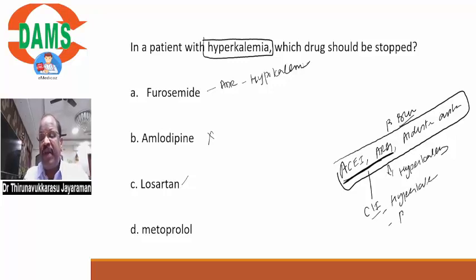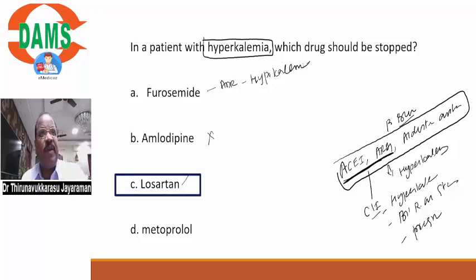Contraindicated in case of bilateral renal artery stenosis. Contraindicated in pregnancy, we discussed it. So losartan itself causes hyperkalemia, so it must be stopped. Metoprolol has not that much effect. It may cause minimal effect on potassium, but losartan is absolutely dangerous in hyperkalemia, a huge risk. So between C and D, we mainly go for option C, losartan. ACE inhibitors and ARBs are absolutely unsafe in hyperkalemia, so they must be stopped.